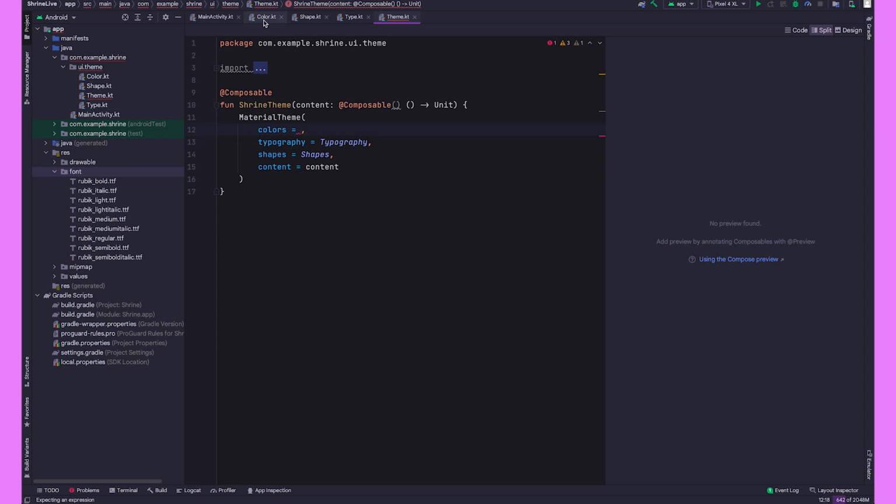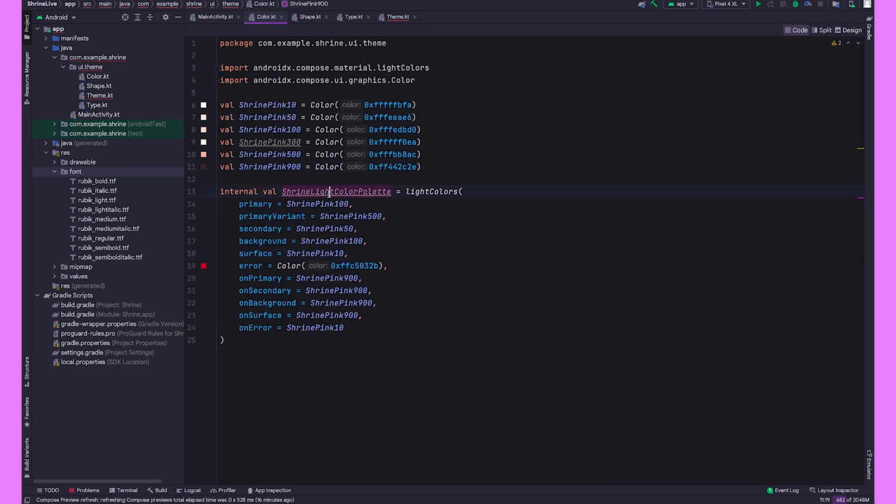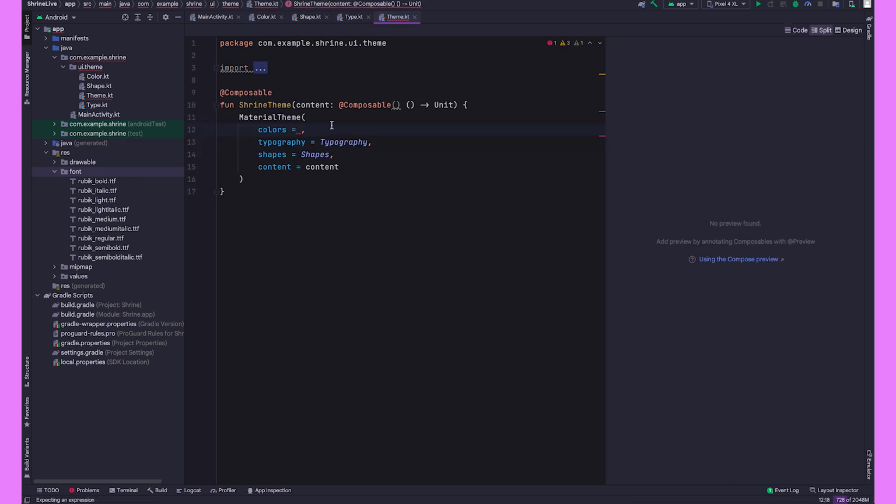So what we can do is if we go back to our color file, we created this color palette before that I mentioned. It's called the Shrine Light Color Palette. We can just copy paste it and put it here. And what we're saying is that for this material theme, the colors, we're going to use that light color palette. And then for typography,